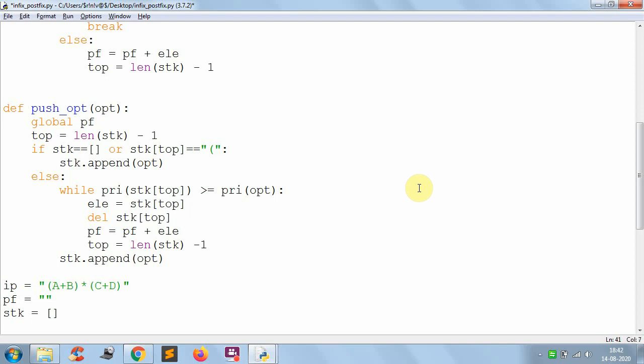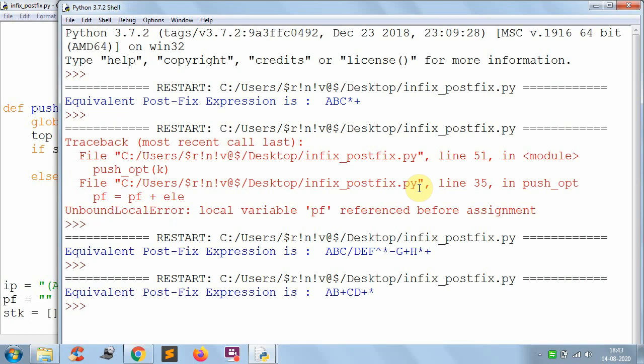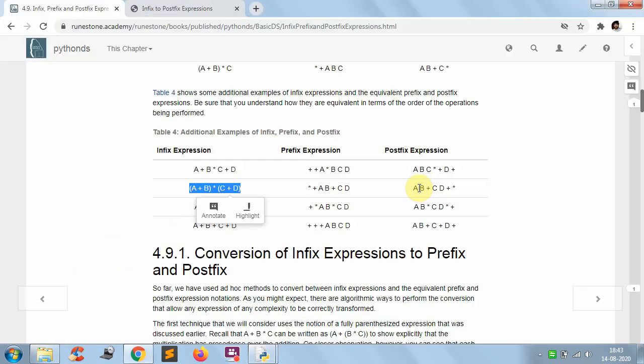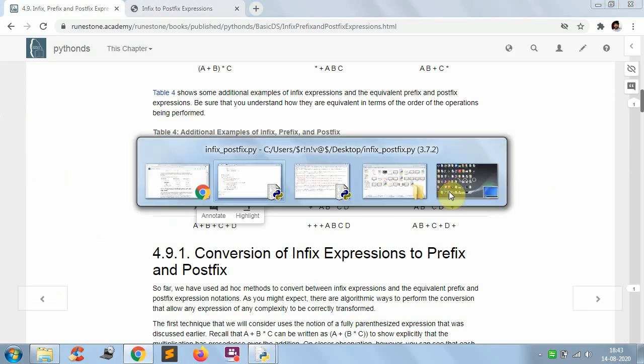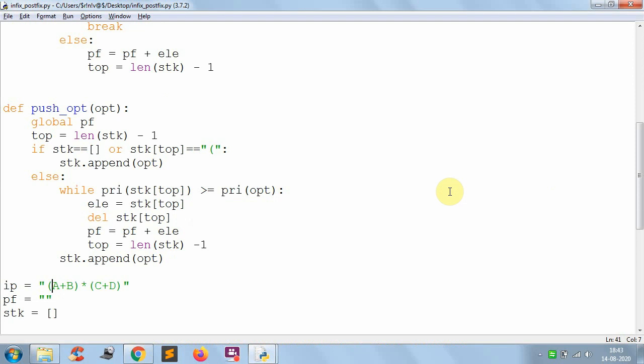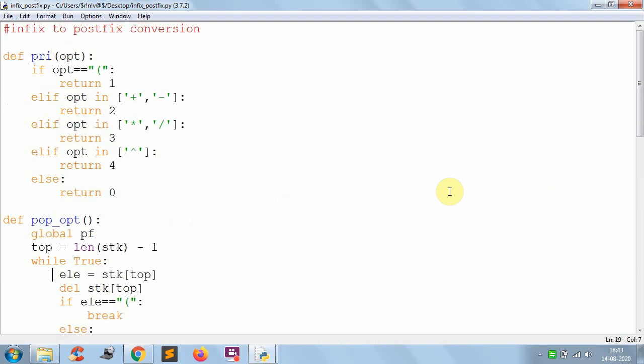Yeah, now run your program and see this. AB plus CD plus star. So AB plus CD plus star. So like this you can cross check with any other program. So this is how you can convert the given infix expression to postfix expression.